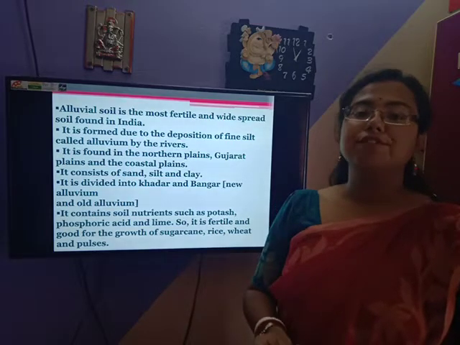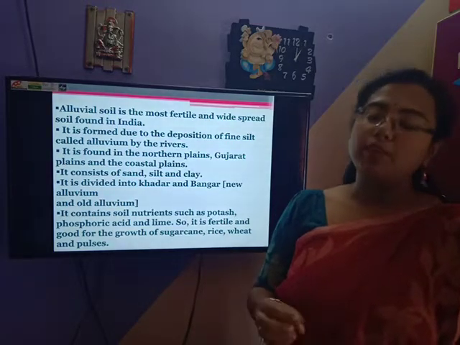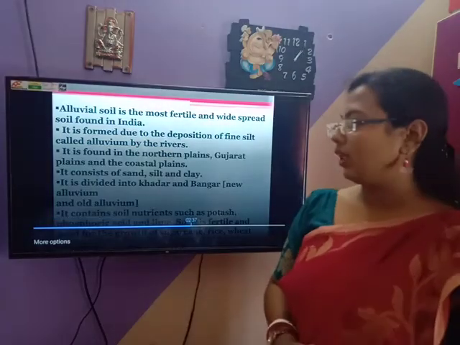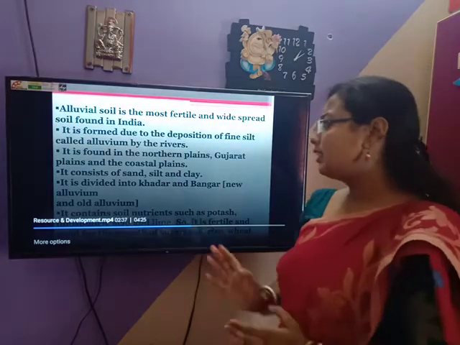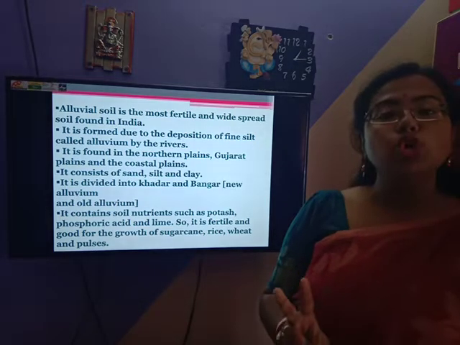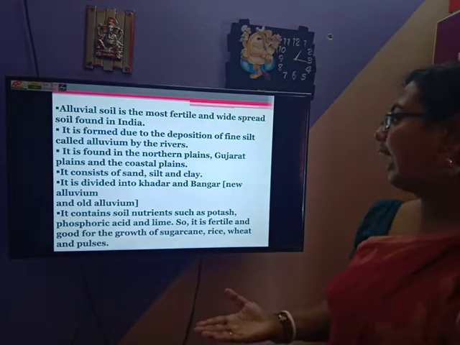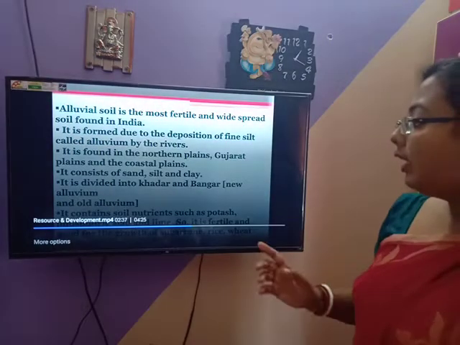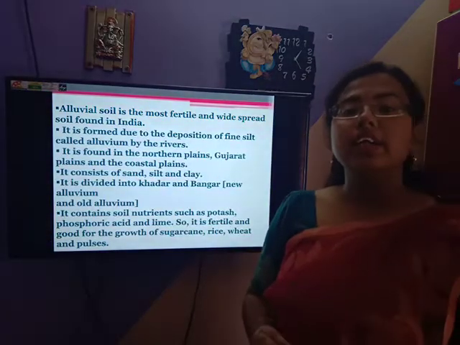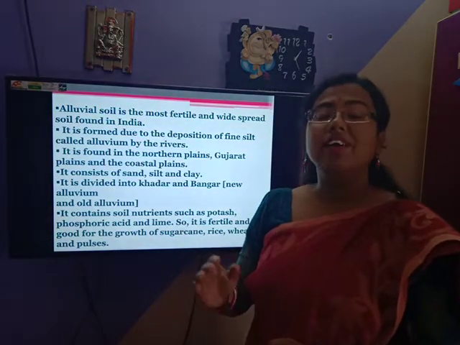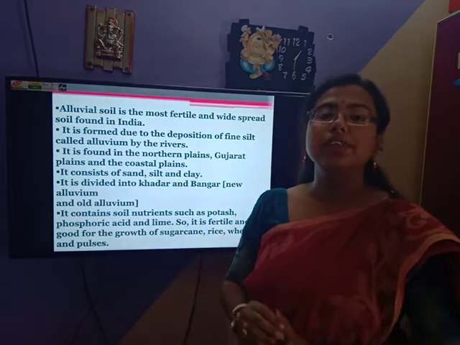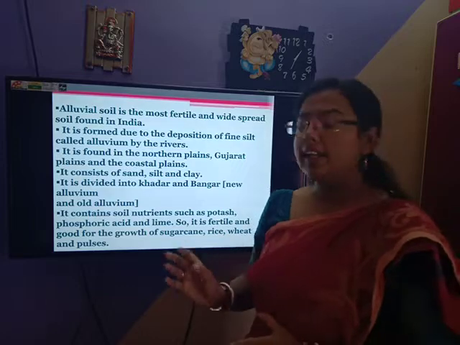This soil is very much fertile soil, and in India we can get a broad amount of alluvial soil. It consists of sand, silt and clay. It is divided into mainly two parts, that is khadar and bhangar. As it is very fertile soil, different kinds of crops, rice, wheat, jute, different kinds of crops are suitable in this soil. Next,